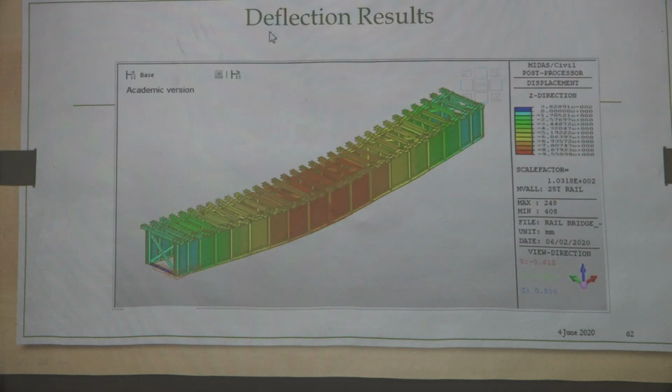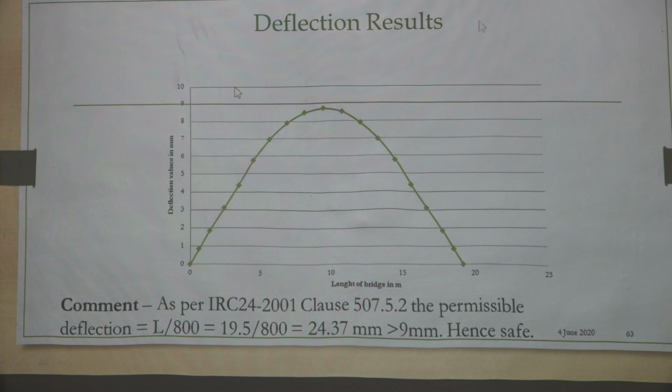So, the results are now available and we can understand the result. This is the maximum displacement. The maximum displacement or deflection we are going to get is 9.5 millimeter. Here you can see the unit is millimeter. The maximum deflection is 9.5 millimeter at this particular location, and if you compare this, as per the IRC